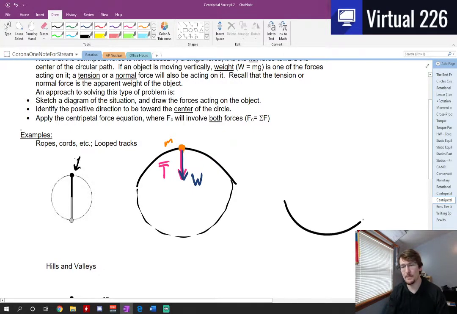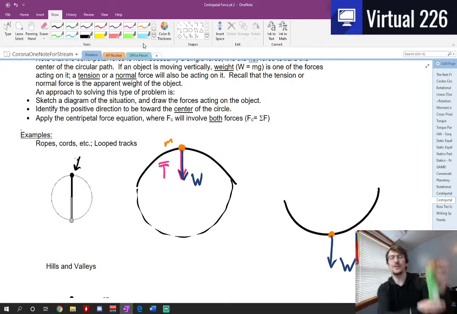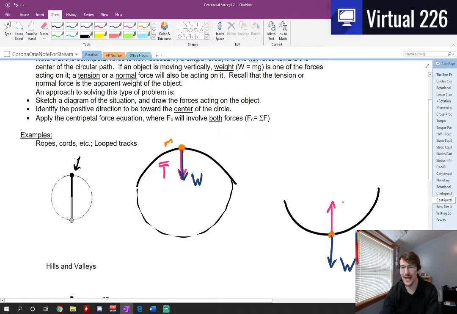If our foxtail is at the bottom, though, things change slightly. Here's our foxtail. The weight still has to pull down. It can't do anything but. It's got to go towards the center of our Earth, our planet. But when the foxtail's at the bottom here, there's still a tension pulling up towards the center of that circle. And that means the tension in this case is actually acting up. So we still have a tension, we still have a weight here, but they've now switched directions of the tension so that our tension is acting towards the center of our circle and the weight is pointing to the outside